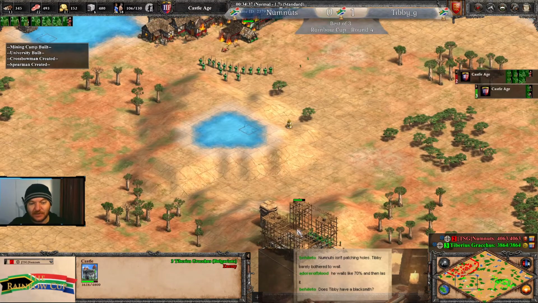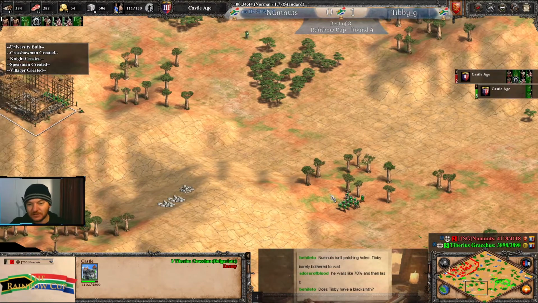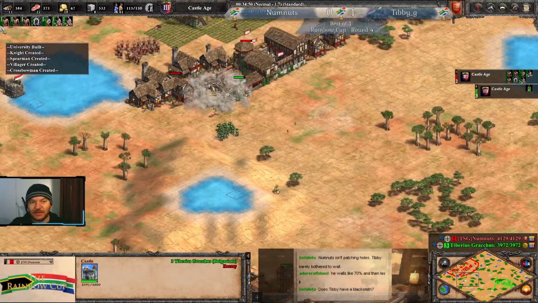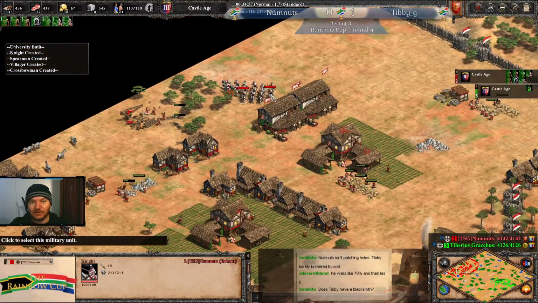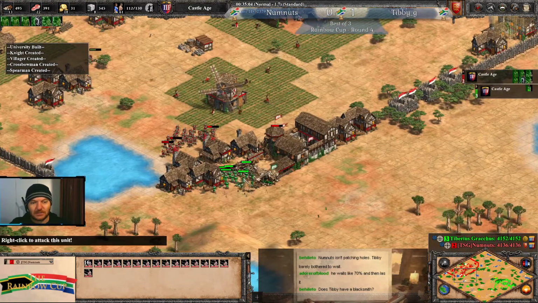And now we even see a castle coming up from TibbyG. So he's not just going for conics, for Kreposts. He's going for castle. And what are these knights doing? They're just chilling. While this ram is just...